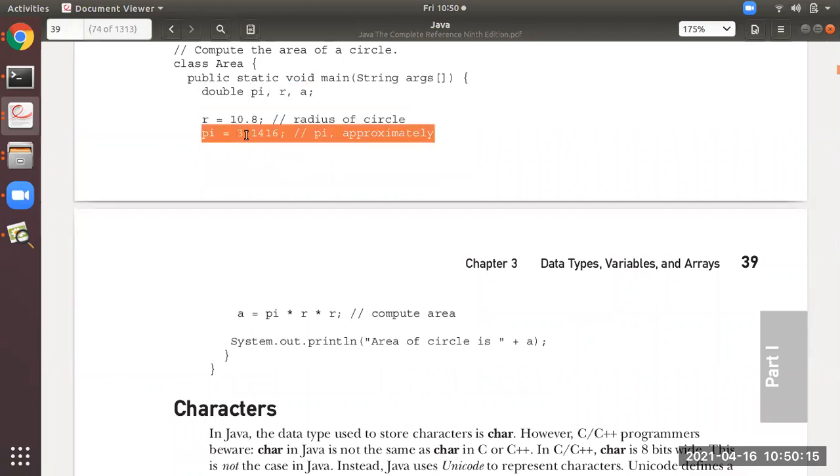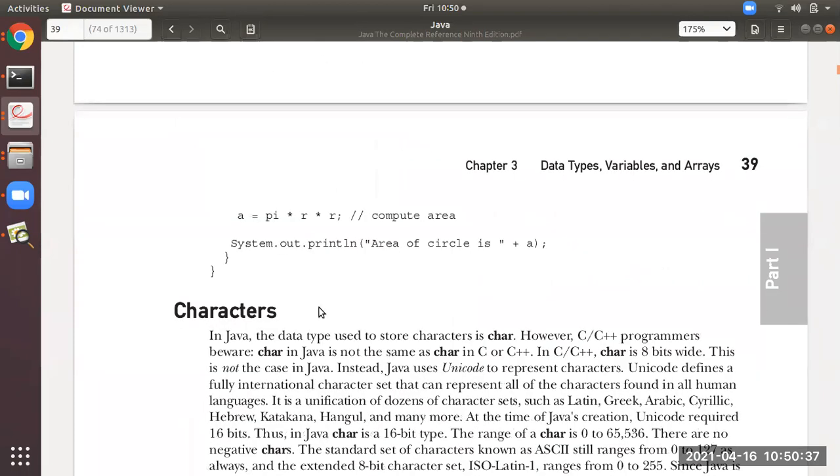R is 10.8, pi is 3.14, then a is equal to pi into r into r. It will perform the multiplication, and again result in a big value with decimal values, so at that time you can go for the double data type. That is why it is using double here. You execute this program, you will get the output.